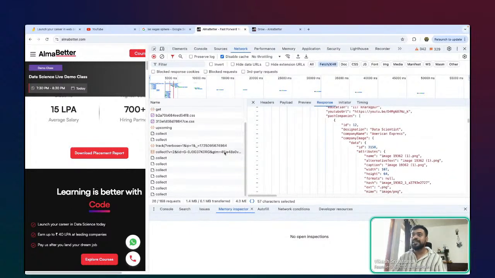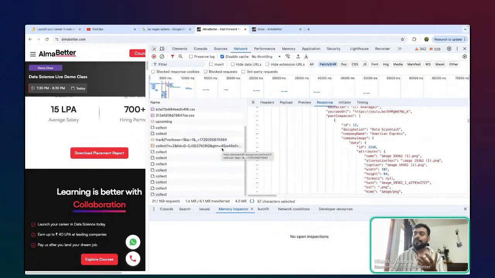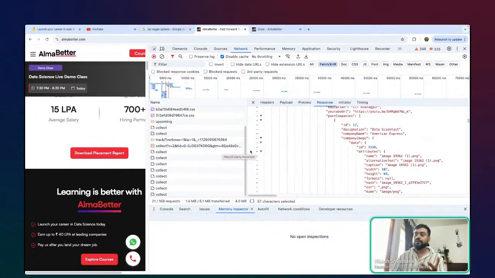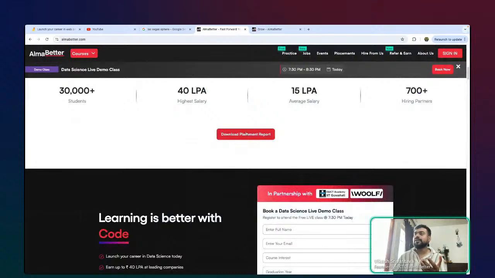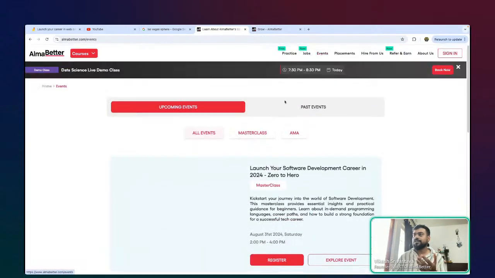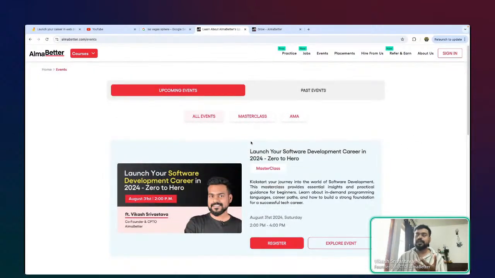So of course, when I'm visiting almabetter.com, I, as a developer of the application, am making a lot of requests on your behalf, because I'm expecting that if you're coming to my website, you might be interested in this kind of information. And that is what I'm essentially doing on your behalf. You're not saying, hey, send me data for all the master classes, but I am anyway requesting that, because if you have visited my website and it has a lot of pages, so if you go to events, I need to pull that information. So I need to make a request via that API so that this information can get delivered to me. Okay.